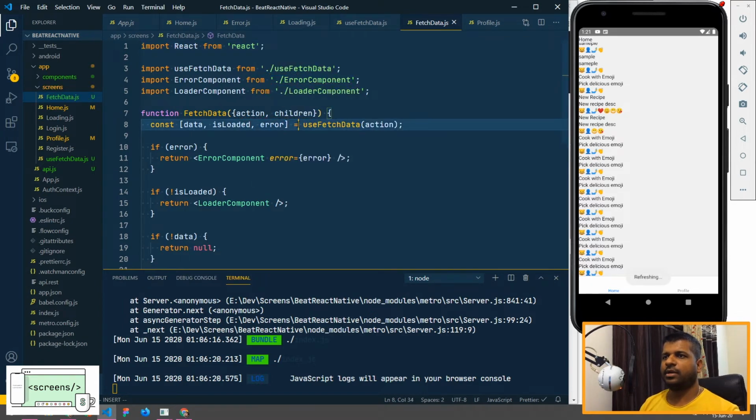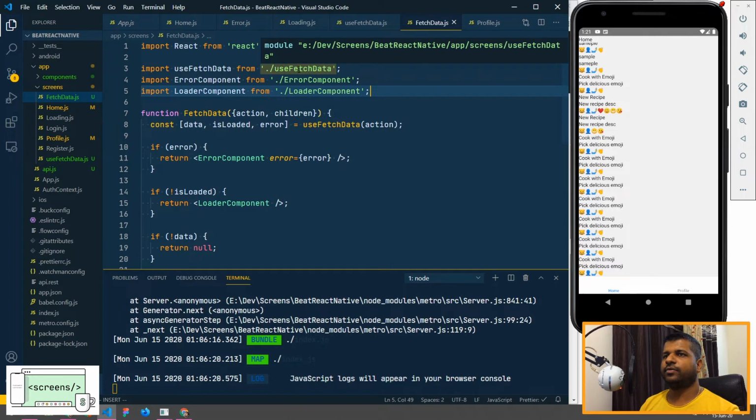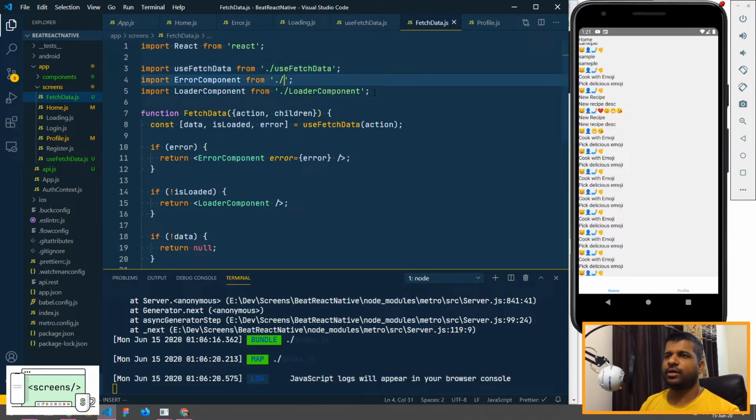So let's format it and see how it works. Basically, it will use the useFetchData hook from here. Let's import the error component. This will be Error, and we need to import it from components/error.